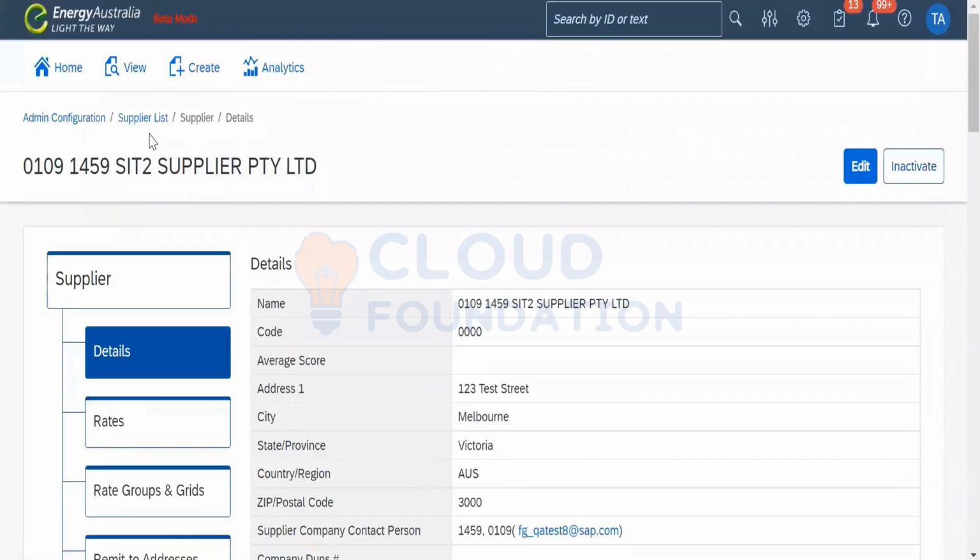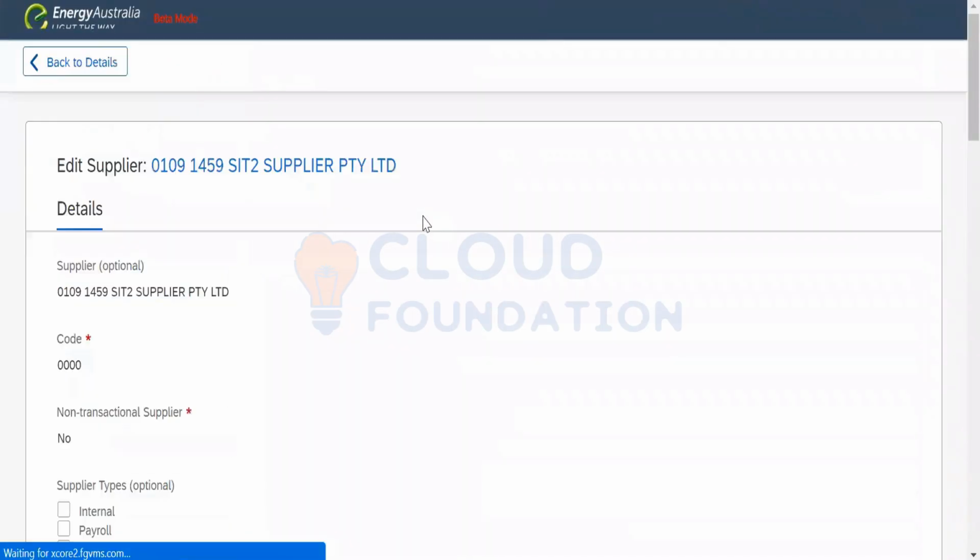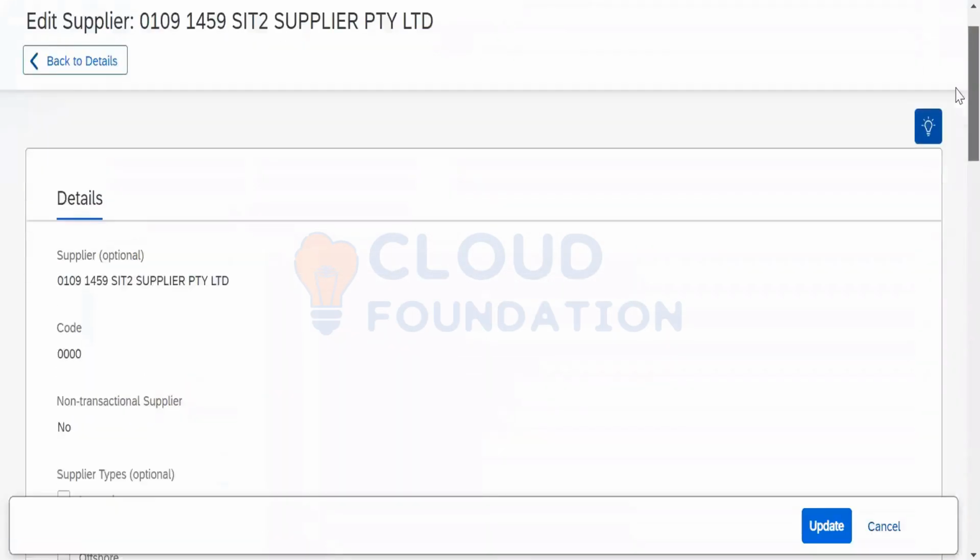If you want to see in detail and edit this, we find it from supplier name to code, non-transactional suppliers.